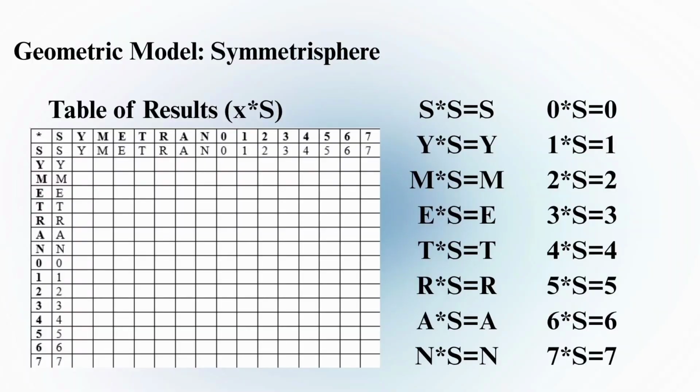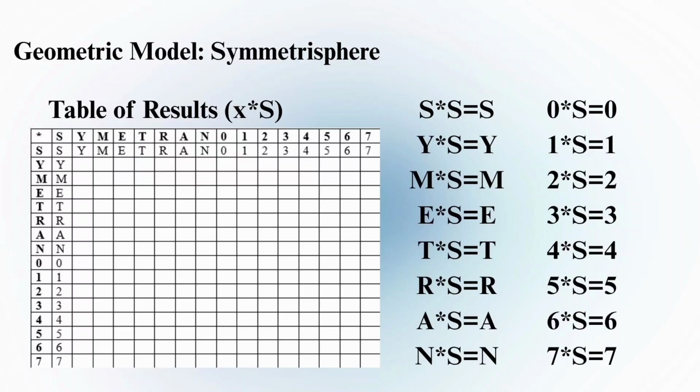This time, let's try to operate the element letter S to all elements. So in here, we have S star S is equal to S, Y star S is equal to Y, M star S is equal to M, A star S is equal to A, T star S is equal to T, R star S is equal to R, A star S is equal to A, N star S is equal to N, 0 star S is equal to 0, 1 star S is equal to 1,